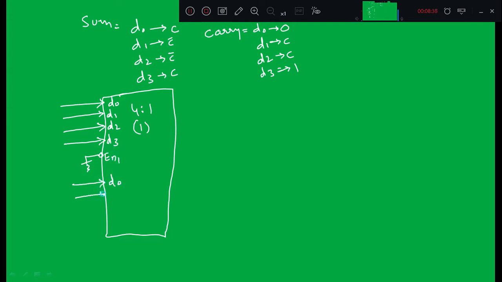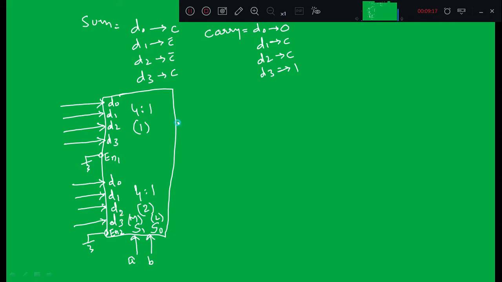Similarly, the second 4:1 mux has 4 data lines, and it also has a separate enable pin that needs to be grounded. And the select lines, both select lines are common for both the muxes. So this is the second 4:1 mux. Since S1 is MSB, S0 is LSB, so A is MSB in my design, okay, and B is LSB in my truth table or input, right? And C is going to appear on the data line, right?